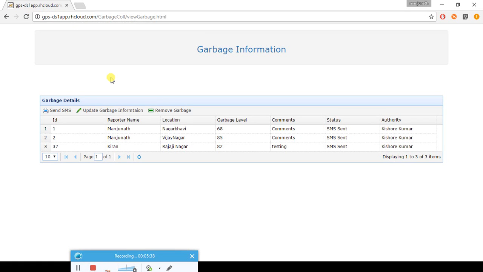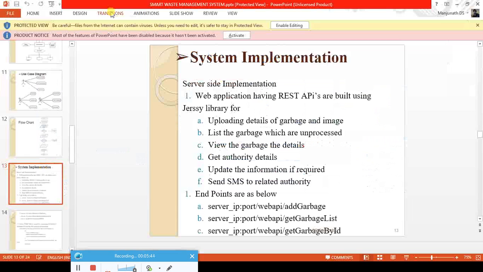The application name is garbage call. If they ask how it is deployed in the cloud server, it will be tough to explain how to deploy since you guys have not done it.